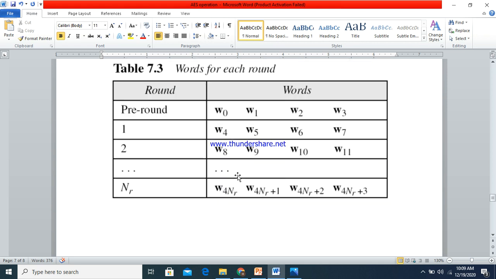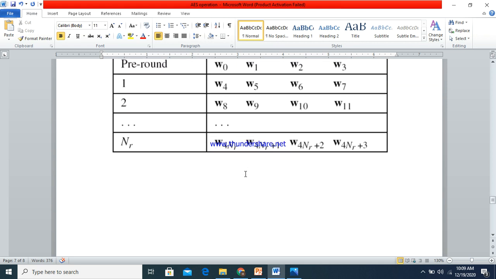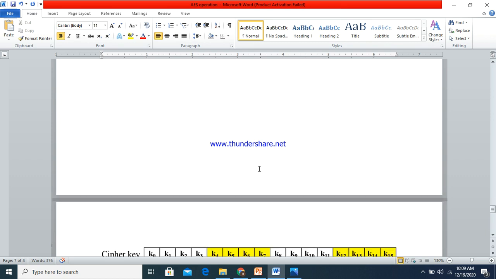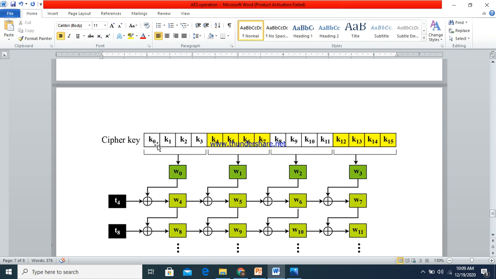So how will this key expansion be performed to generate the expanded keys? You take the input key, which has 16 bytes, K0 to K15. The first 4 bytes are word 0, the next 4 bytes W1, the next 4 bytes W2, and the next 4 bytes W3.